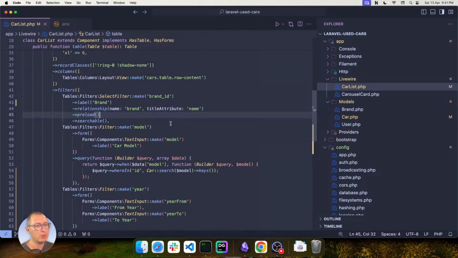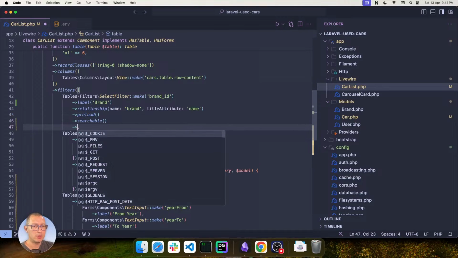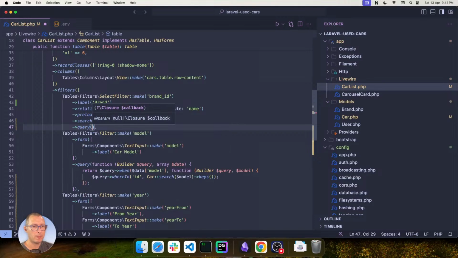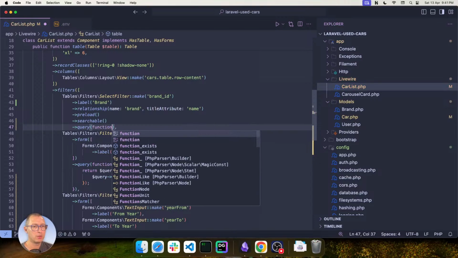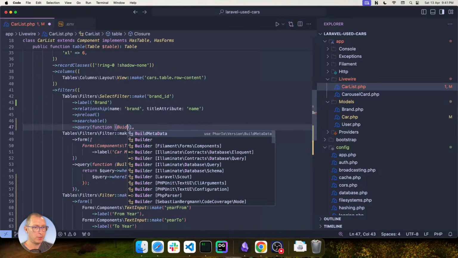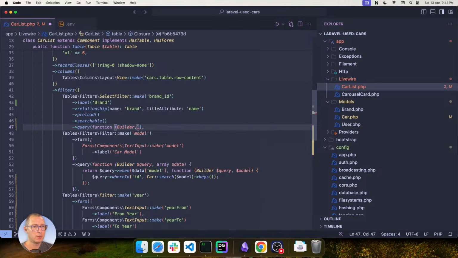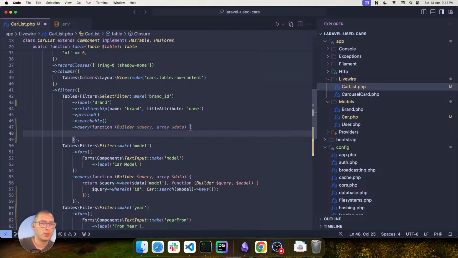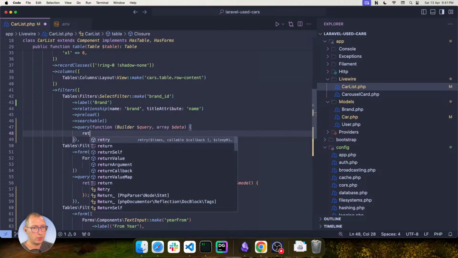that's a little different. Let me do that one before I go. So you can still do query here. And this takes in a function that receives a builder, and an array of data, right? So now I have to return